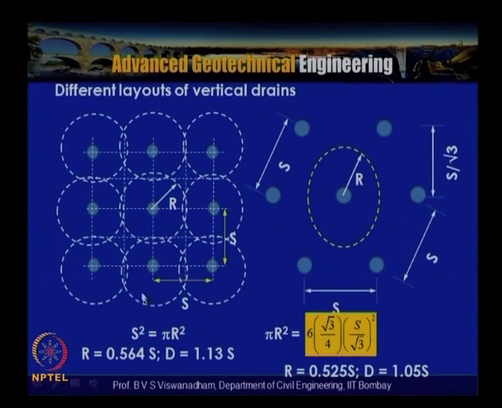The equivalent radius or equivalent diameter is obtained like this: S square, which is S into S, is equal to pi r square. The pi r square is nothing but this influence area. With that we get R equal to 0.564 S, and the diameter is equal to 1.13 S. In the case of equilateral triangles,